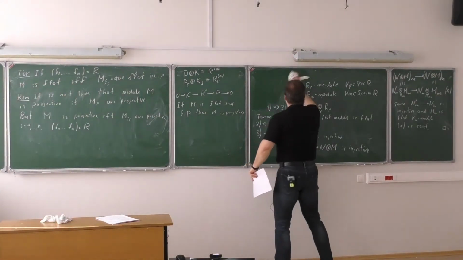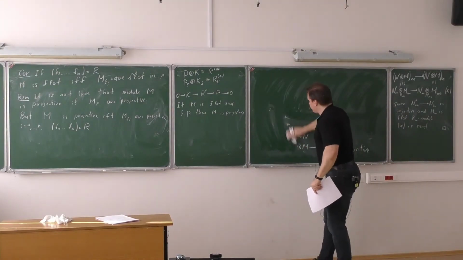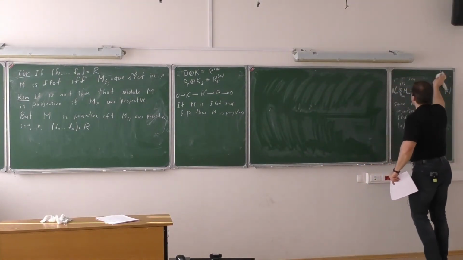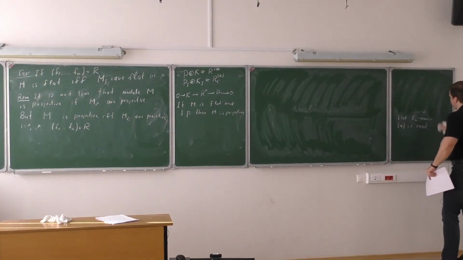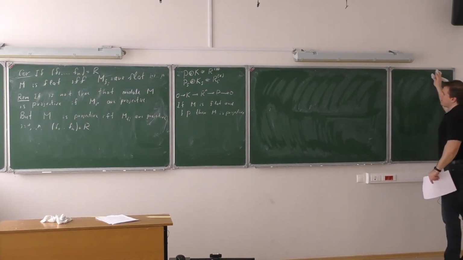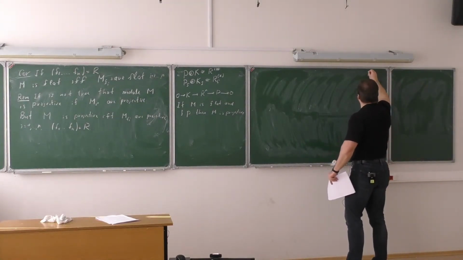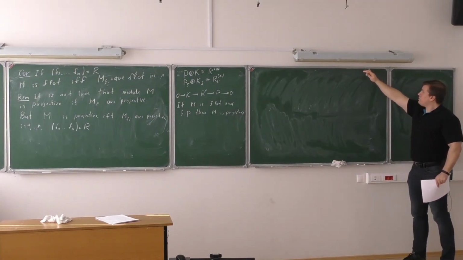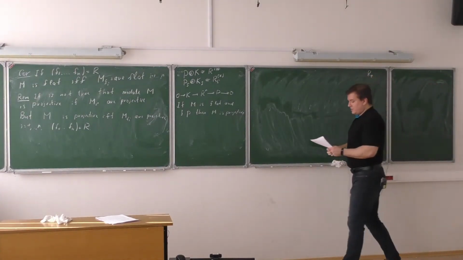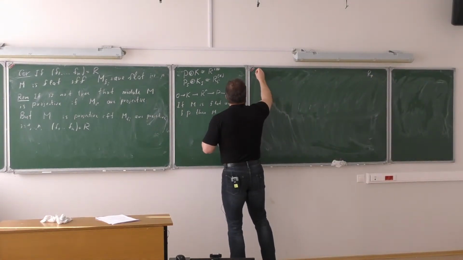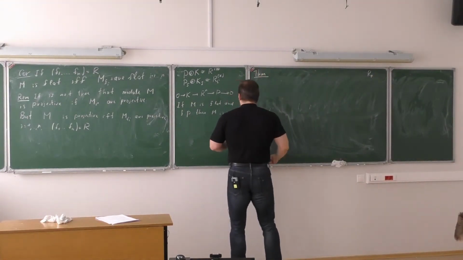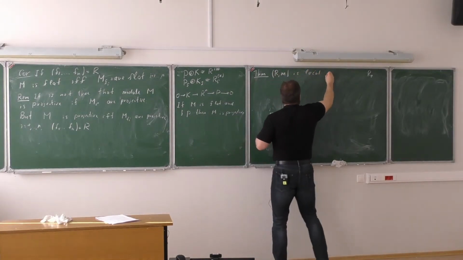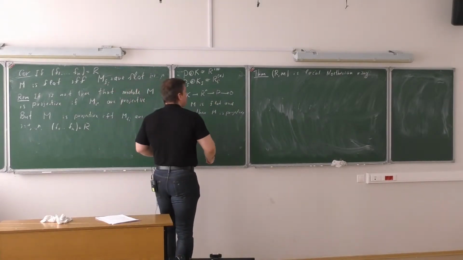Okay, finally, the last statement about projective and free modules. So now we know that everything can be, at least for flat modules, reduced to the local situation. So the question is, what can we say about flat modules over local rings. So we analyze the localization at a prime ideal, then we need to analyze what the flat modules over such local rings are. And the last proposition is exactly about this. Let me call this maybe a theorem, since this is an important statement. So (R, m) is a local Noetherian ring. Then the following are equivalent.